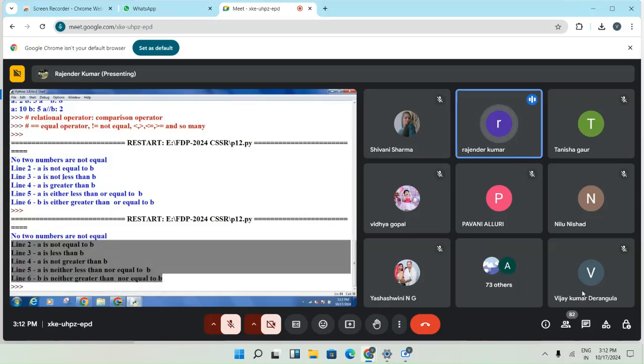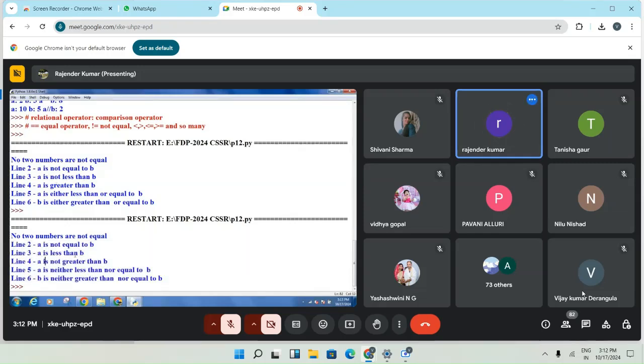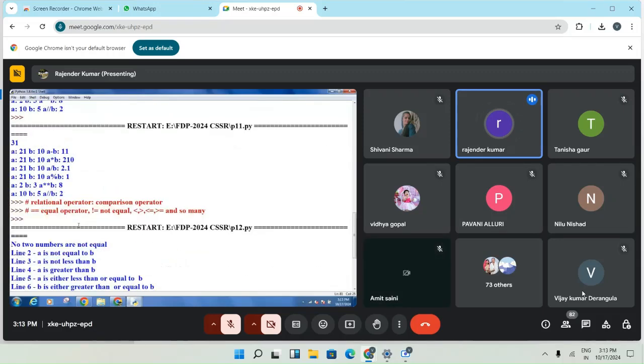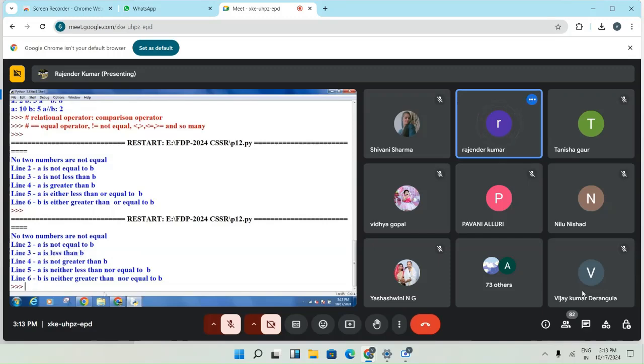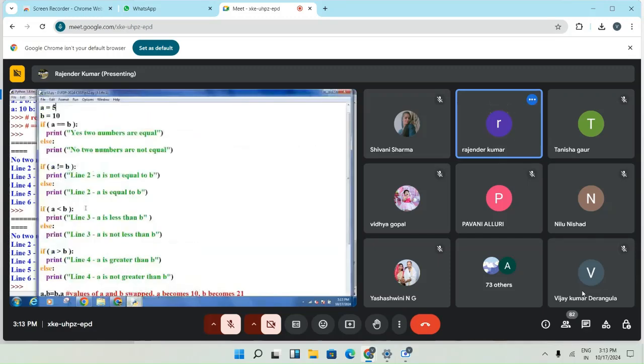A is not equal to B, A is not less than B. Here you see A is less than B. See this statement, A is less than B, and here line number 3, A is not less than B, because at that time A was 21, and after changing the value of A to 5, this statement will get changed. So this is the utility of your relational operators,